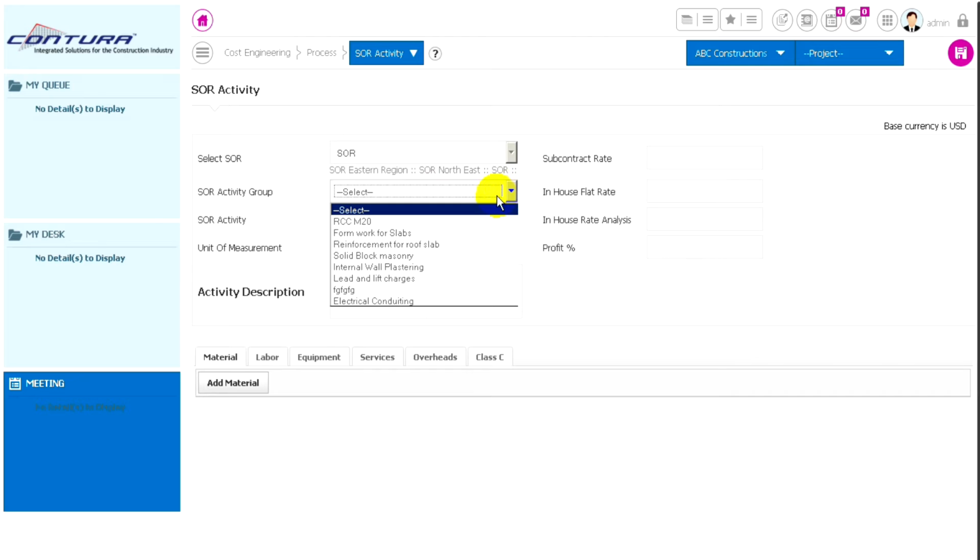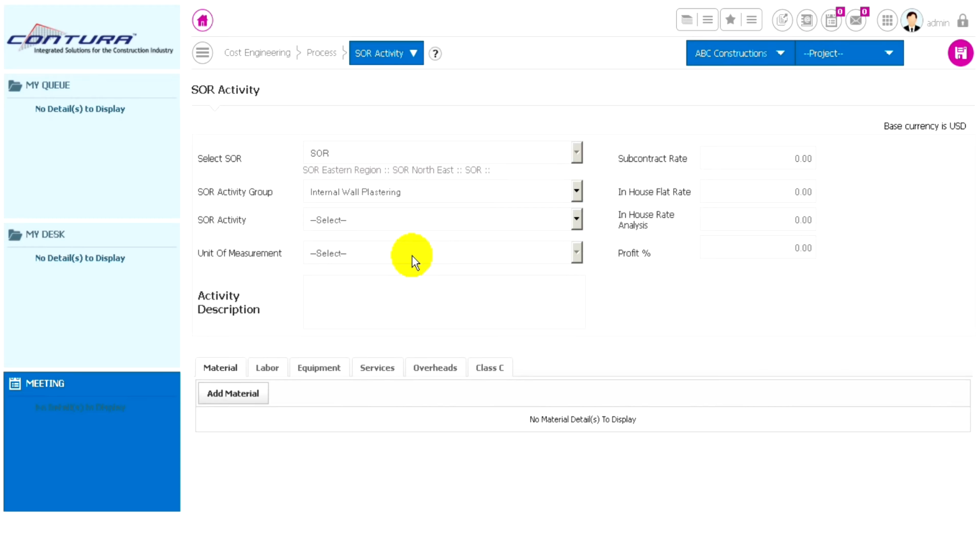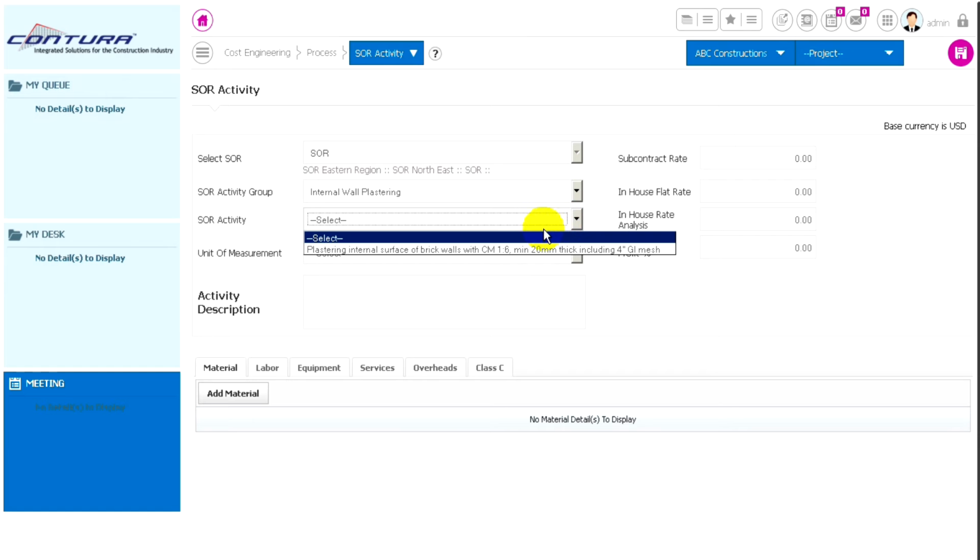Select the SOR activity group. Select the SOR activity.